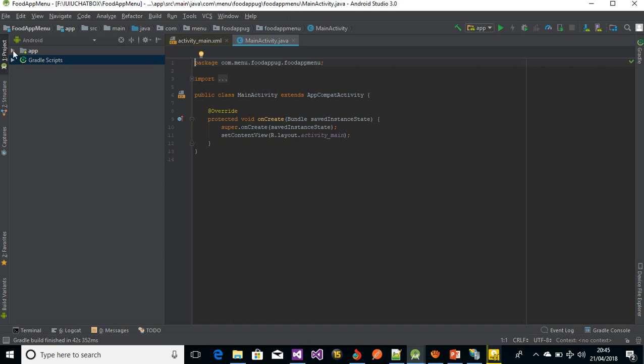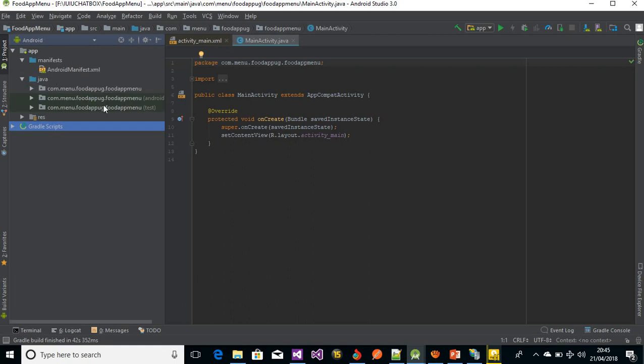On the left panel of your IDE, there are a couple of folders which you are seeing here. There is app, and inside app, there is manifest, there is Java, there is res. We are going to be playing around in manifest, Java, and res, of course, but it's not going to be quite difficult. So since this is our mobile application,